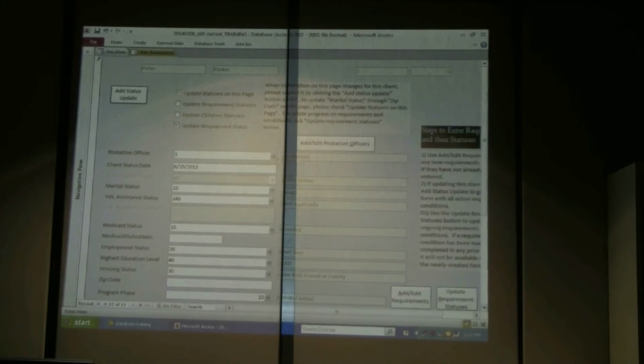So this is his initial status here. He was enrolled on 6/29. Here's his baseline information. When he came into the program, he was part-time, had a GED, and was living with family. So if you say, okay, I want to keep track, or I want to update how he's doing